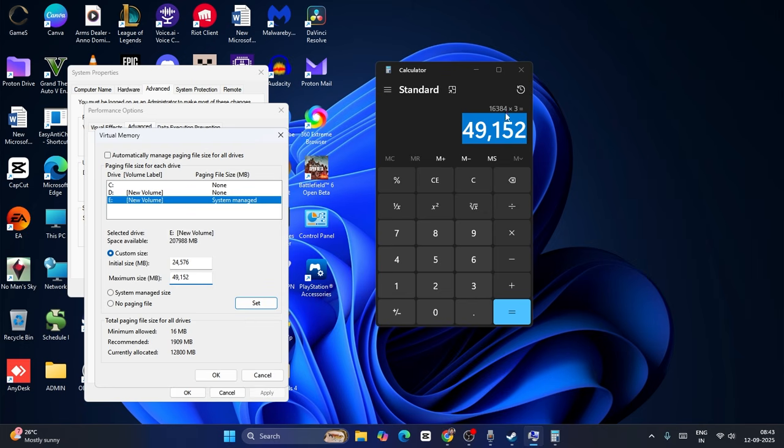So once you paste it, all the calculation is very simple. I'll demonstrate you once again. Just type your RAM. For example, in my case, the RAM is 16 GB. So type 16 GB. Then 1024 is a constant value for everyone. For example, if a RAM is having 8 GB, then 8 into 1024. If you're having 4 GB, 4 into 1024. Just type 1024. Now multiply it with 1.5 for the initial size and multiply it with 3 for the maximum